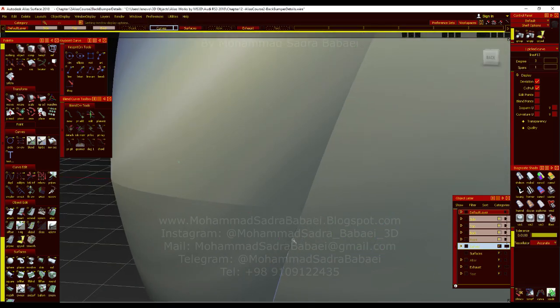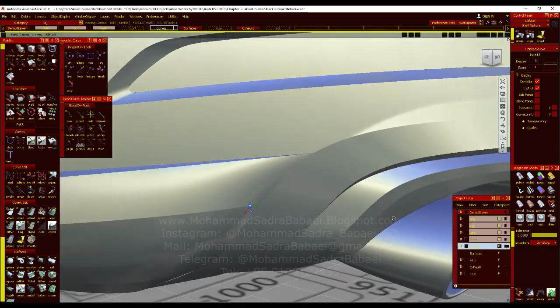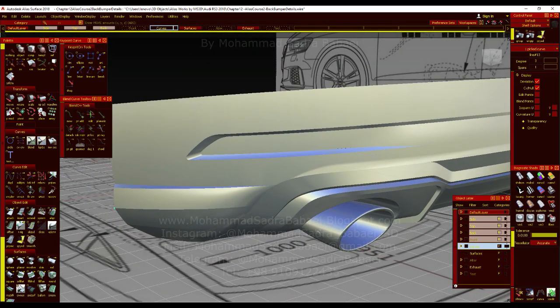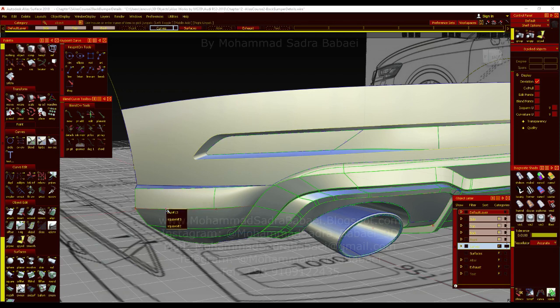It's much better here, but let me move it a little bit. So you can move the CV here to have only one sharp positional line here,